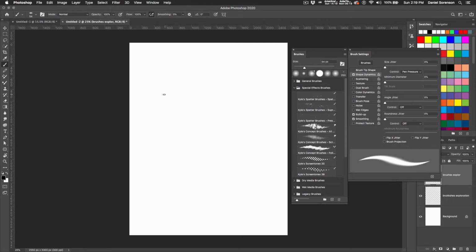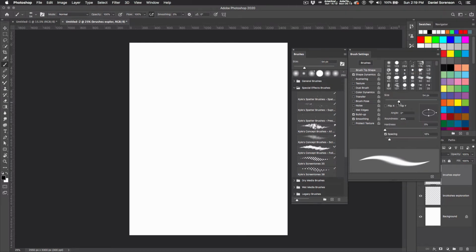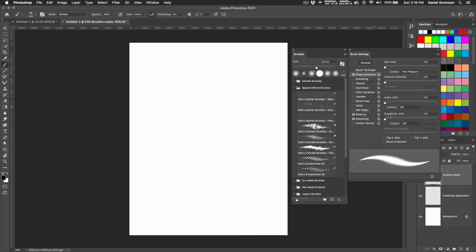You can increase the size of your brush tip a couple of ways. I could come back into brush tip here and increase it over here. But you can also do it with a key command, and that is the square brackets. So right bracket will make the brush tip larger, left bracket will make it smaller. Under Shape Dynamics,